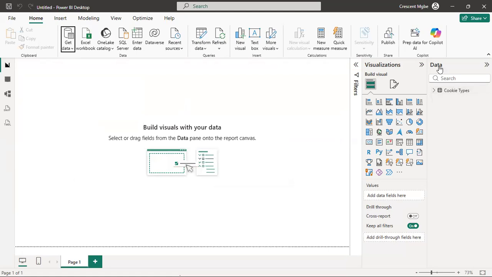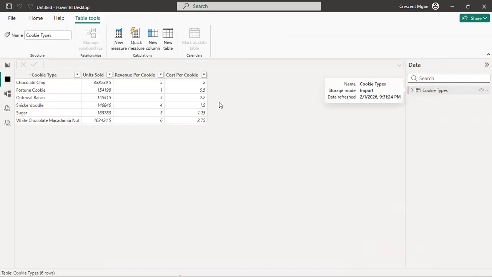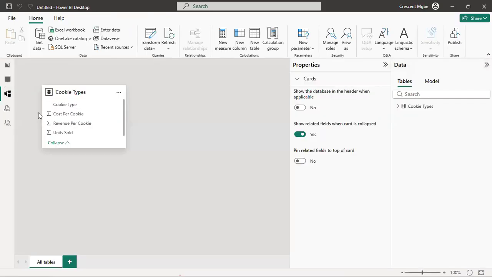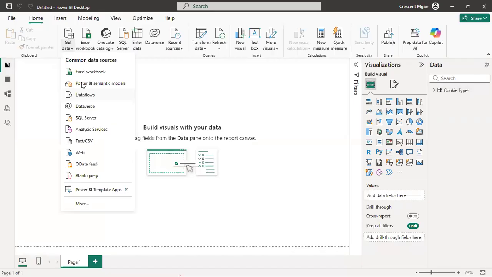It has appeared here, data. Look at the table and look at all the columns, complete, right? So if you come to this table, you can now see that we have one table, which is this one. If you come to schema, we have only just one table here. So there's no connection, no need for any connection, right? So let's bring in the second table,